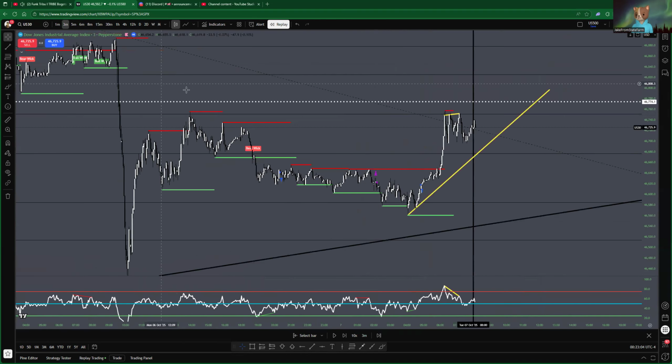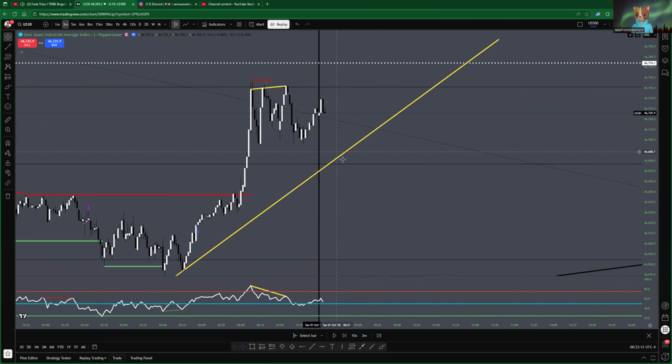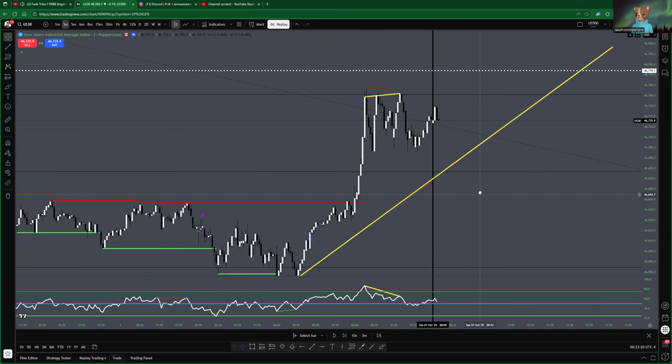If the 6-minute says sell, then you're looking for a sell on the 3-minute, and then you're looking for a sell on the 1-minute. Or vice versa, buy. Or maybe the 6-minute won't say anything, but the 3-minute and the 1-minute will both correlate to buy, and you could take that too.